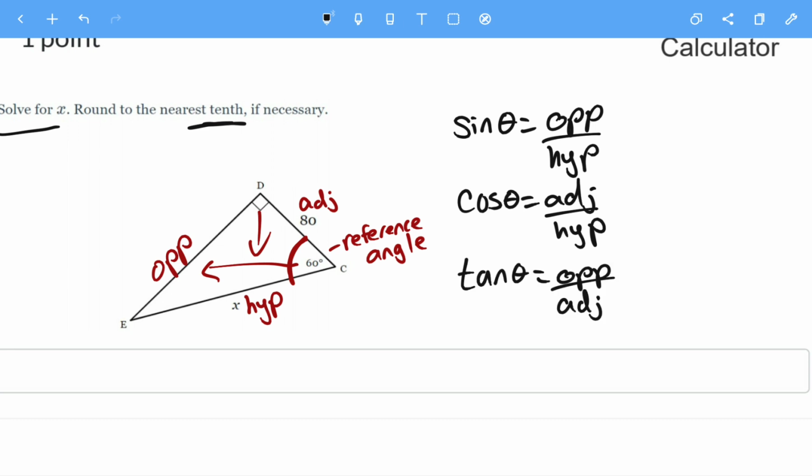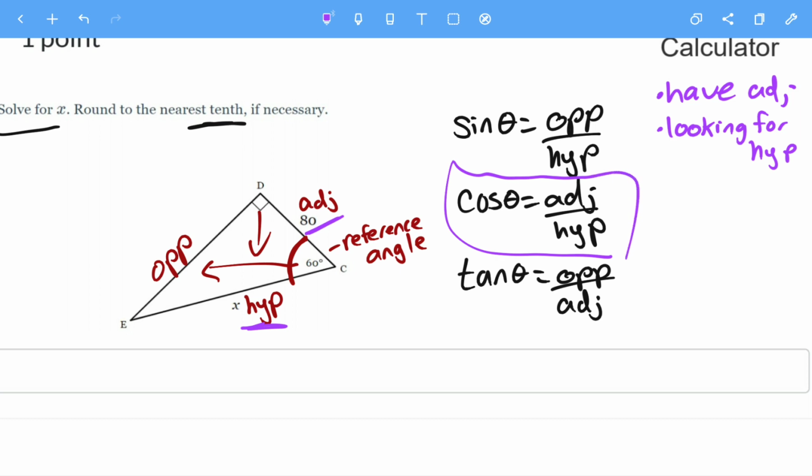And tangent of our angle is equal to opposite over adjacent. So as we can see, we have the adjacent and we are looking for the hypotenuse. Cosine has both the adjacent and the hypotenuse, so that is the one we are going to use to solve